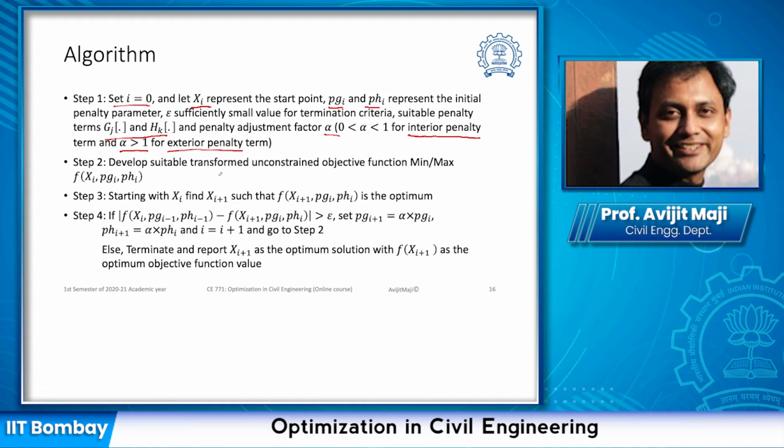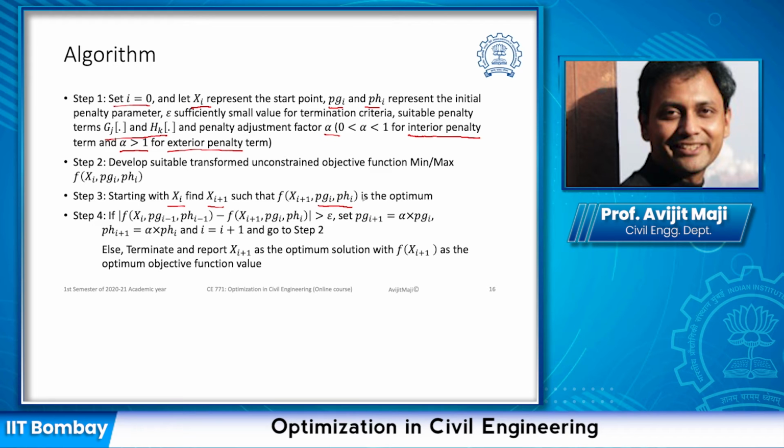Then we need to develop the transformed unconstrained objective function like we had shown earlier. Once we develop that, with the help of the starting point which we obtained, we have to find a new point such that the new point is optimum based on the penalty parameters and the penalty terms